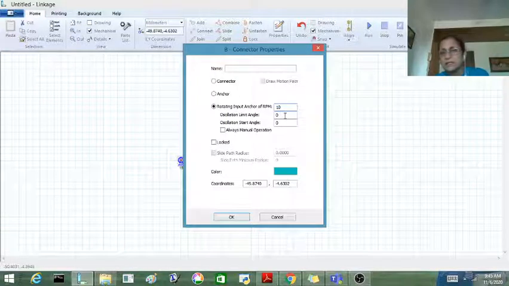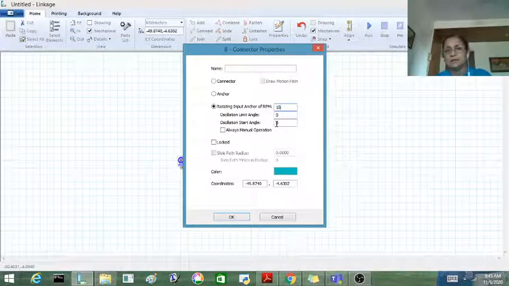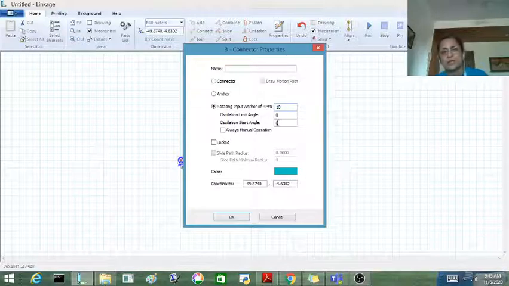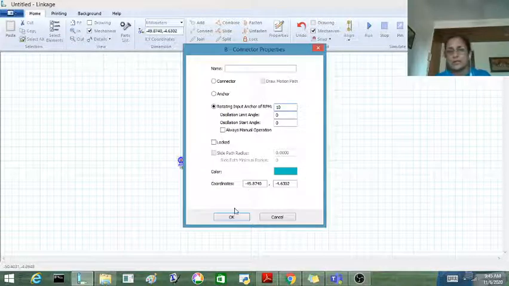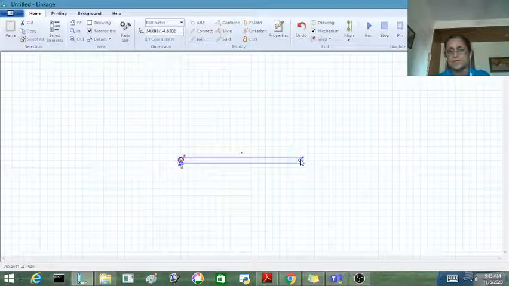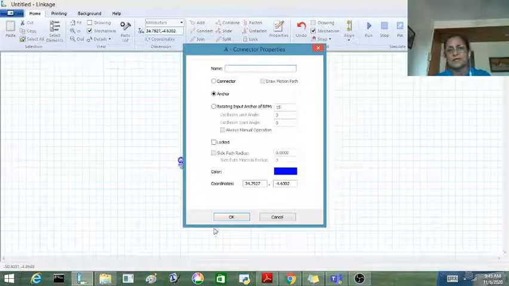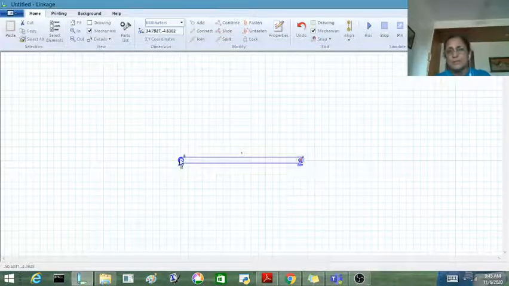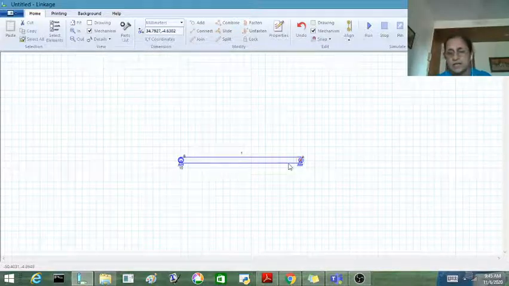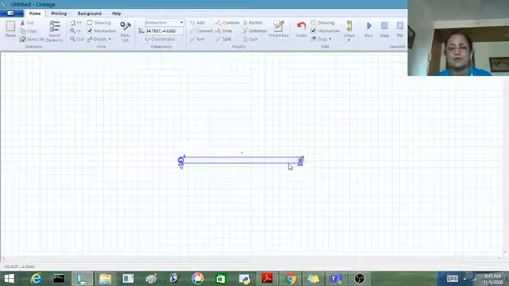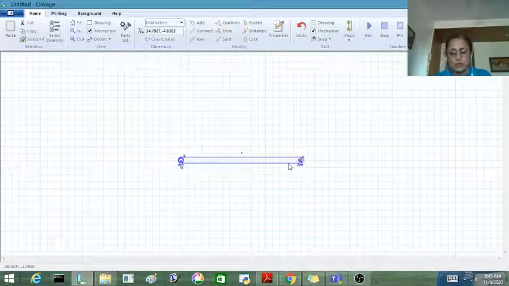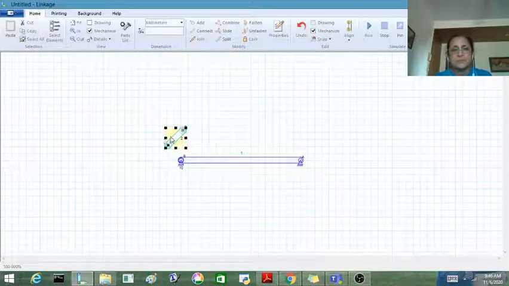I can set the limiting angle. I can put a limit on the rotation. I can position it at some starting point, or I can also enable manual operation. Now as far as this other node is concerned, let me put it as an anchor only. So now both these are stationary. If you remember, the basic bottom link of your 4-bar mechanism was fixed on your surface. That way I have fixed this link, which is AB. Now I'm going to add another link.